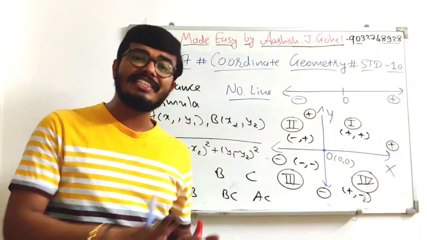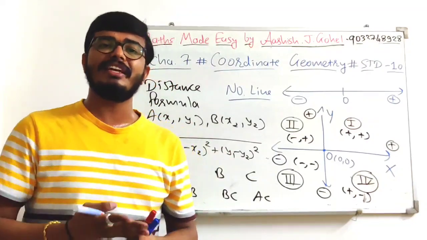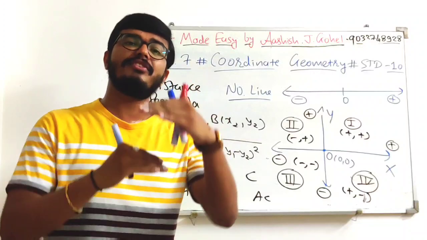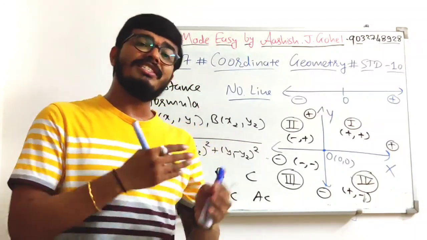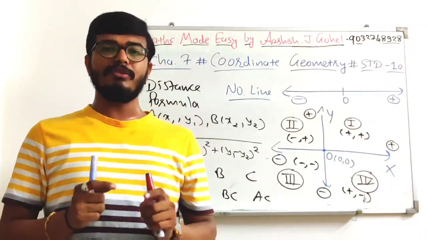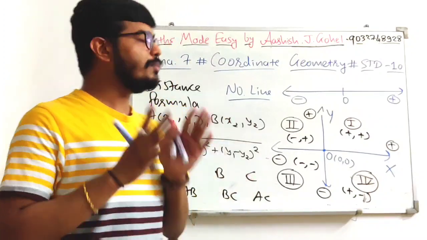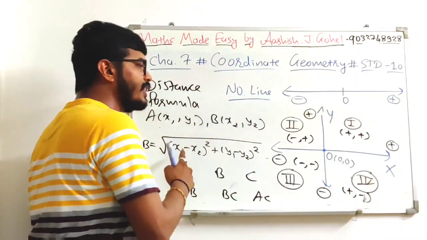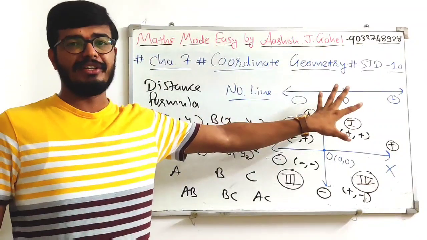Equilateral, then all three sides are equal. In a quadrilateral also, if 4 points are given and opposite sides are equal, then it is a parallelogram, or if opposite sides are equal, parallel, and one angle is 90 degrees, then it will be a rectangle. So many things we can know. So this is the basic formula you need to remember, okay, and this is coordinate geometry.